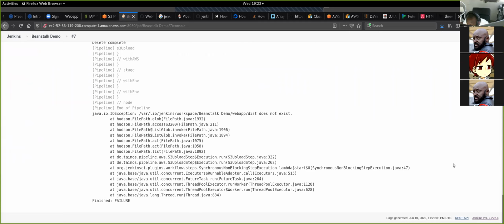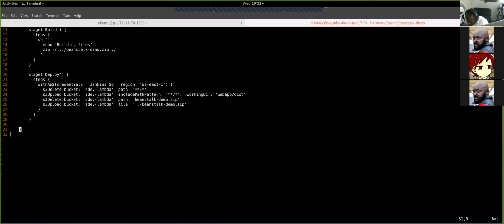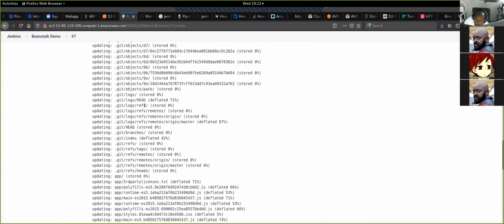So this is the last thing. It says, what about this does not exist? All right. This is fine. It's complaining about this. That's the question you were asking. Yes. Right, working directory. And so let's look at that. What we're trying to do is we're trying to say S3 bucket include pattern, right? So if we come here,